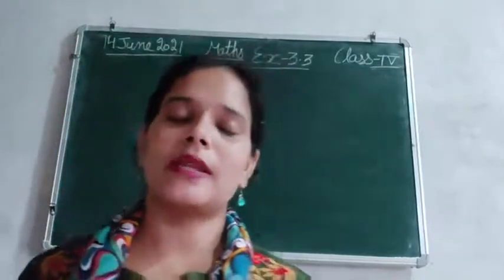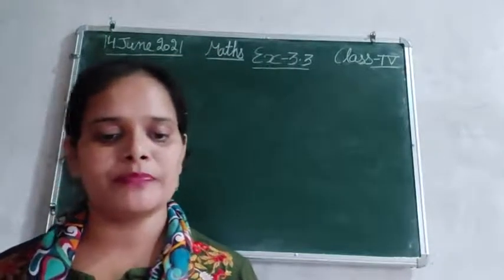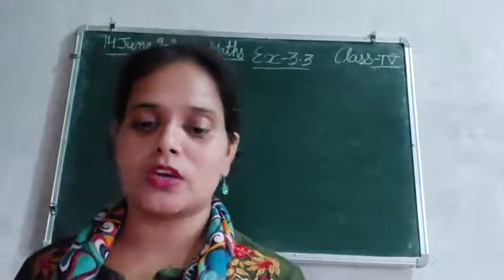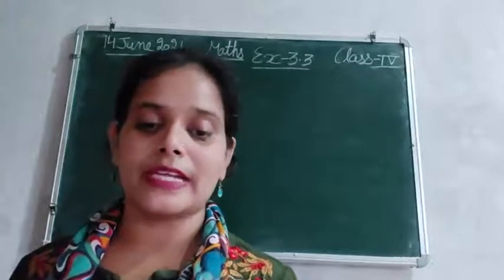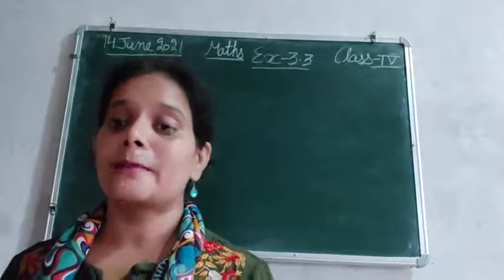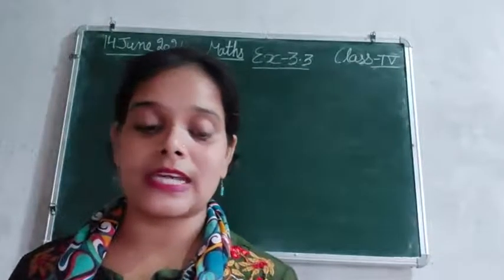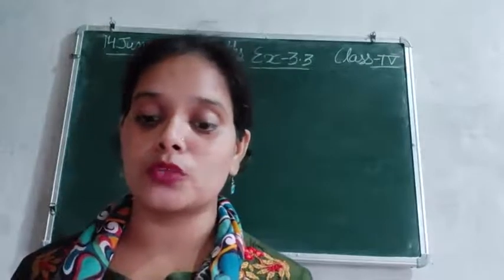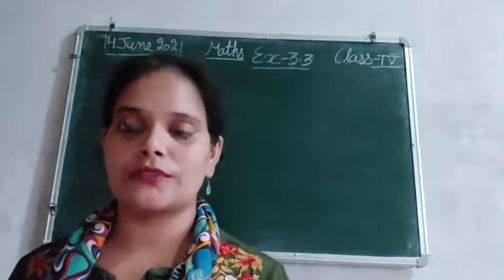देखिए बेटा, आपको याद होगा कल हमने जो सम क्वेश्चन नंबर 1, 2 एंड 3 किया था, उसमें हमने राउंड ऑफ टू द नियरेस्ट 1000 किया था, and in the third sum we have done find the actual and estimated sum by rounding off to the nearest 1000. So now we are doing the fourth one, that is find the actual and estimated sum by rounding off to the nearest 10,000. Let's begin with the fourth one.